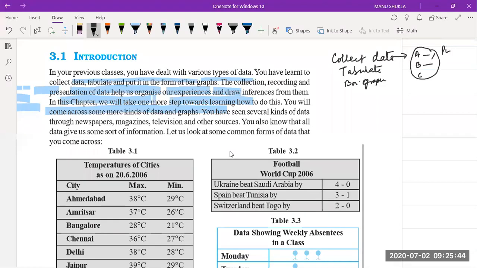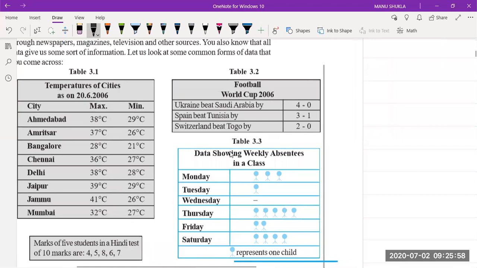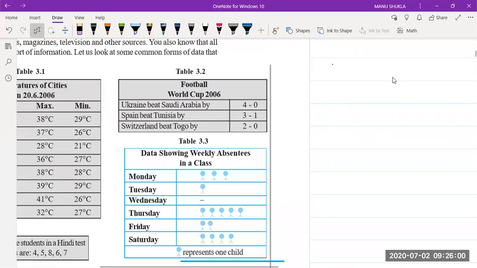What is tabulate? After taking all the data, the teacher will tabulate it. And you all have seen the register that they use for attendance. It has a column known as S number, where the roll number is written. The first column is for roll number, the second column is for name, then there are dates. So this is known as tabulation. Tabulation means making tables.